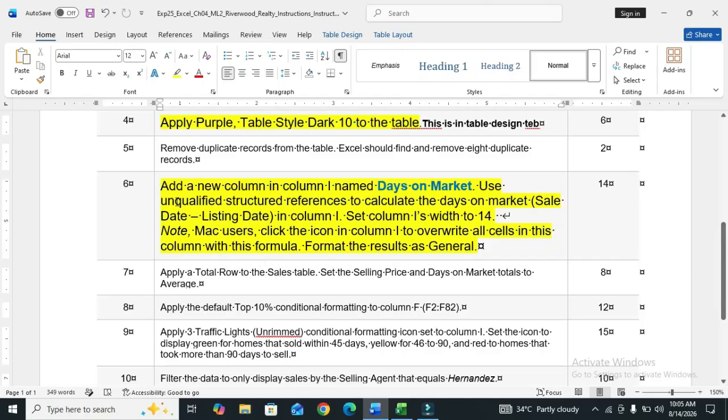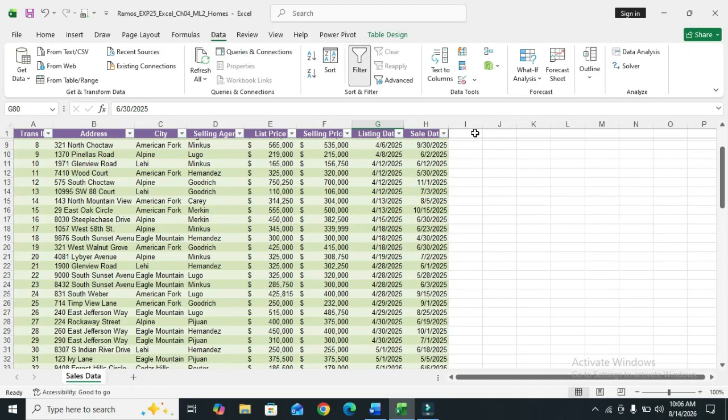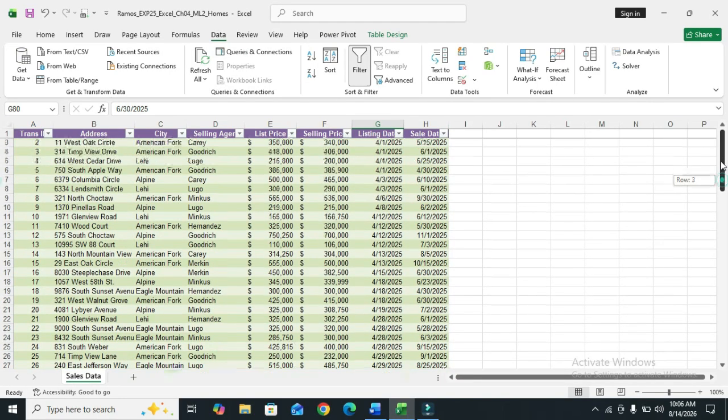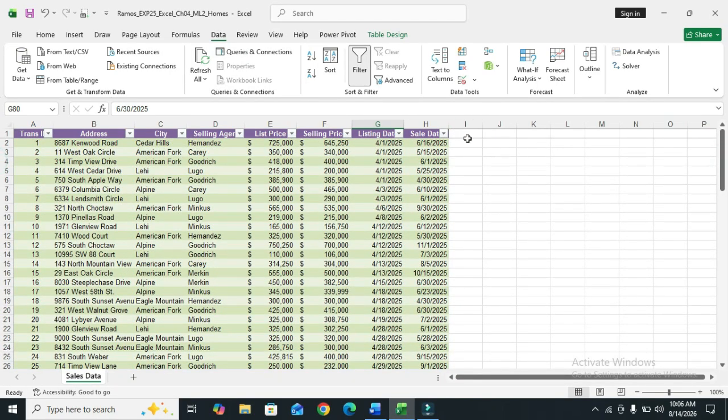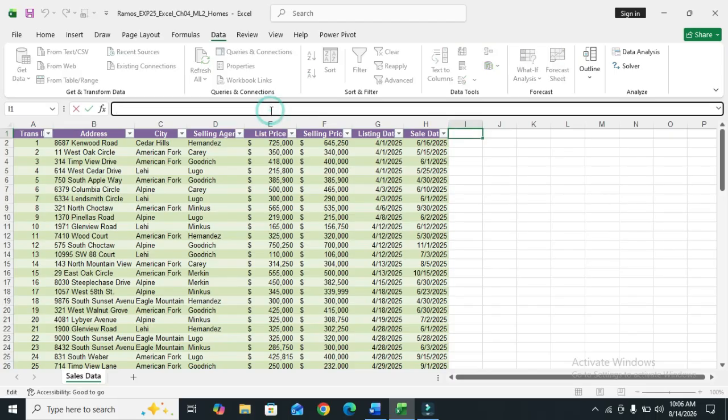So the first level of this step is add a new column in column I, named days on market. So copy the name days on market. Go to the Excel file, click on the I tab and paste the name.